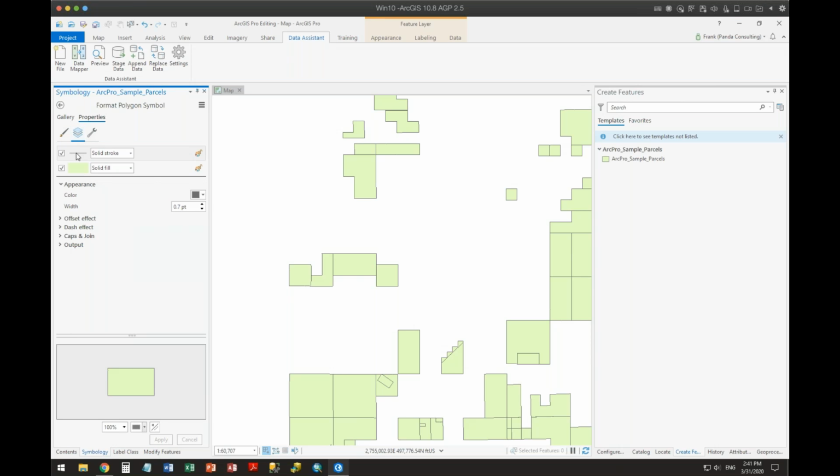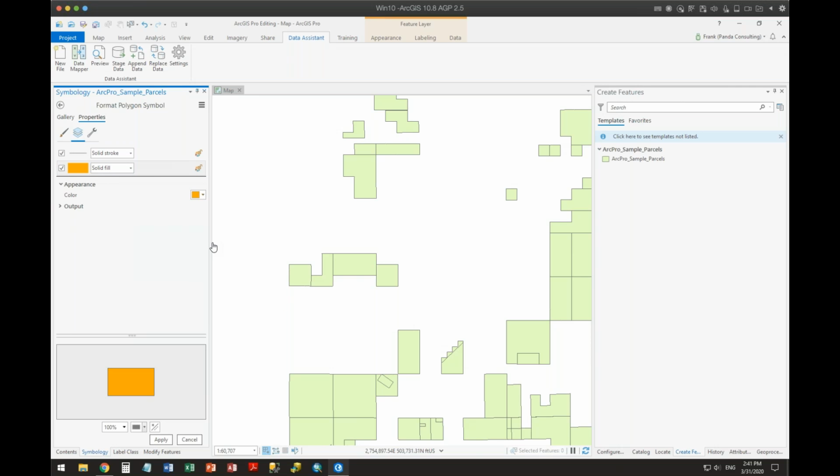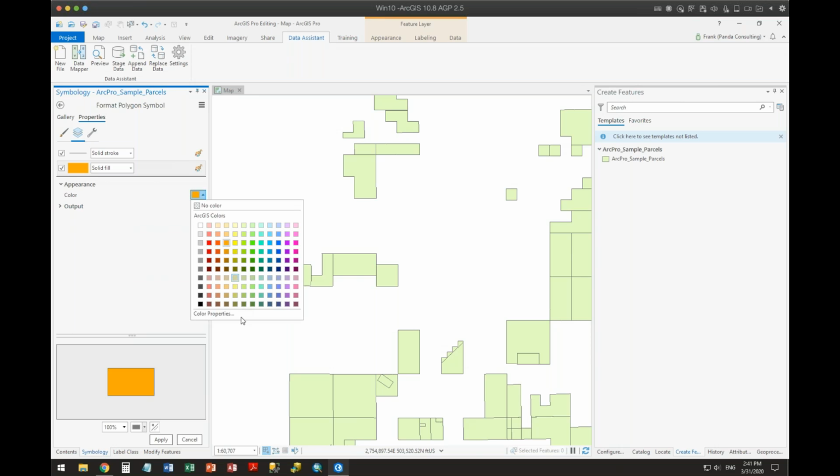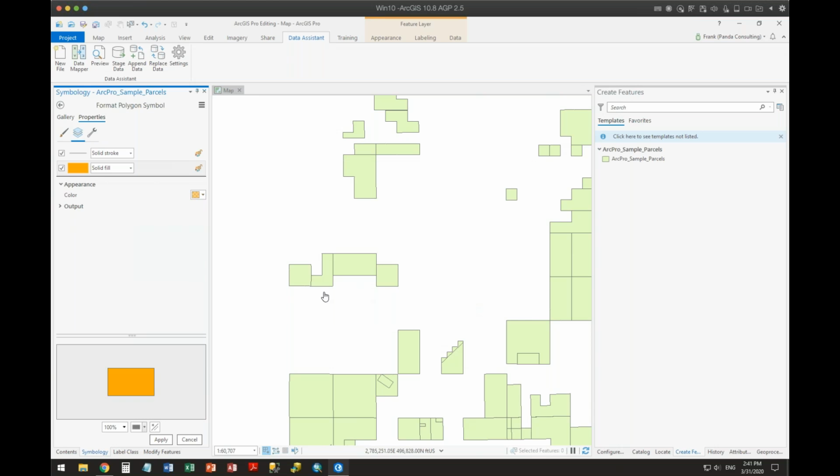I have the exterior, the outline of the polygon, and the interior of the polygon. I can change this to whatever. If I click on this, I can go to color properties and set a transparency specifically for this one color if I wish. I could also change that on appearances, but it's slightly different.